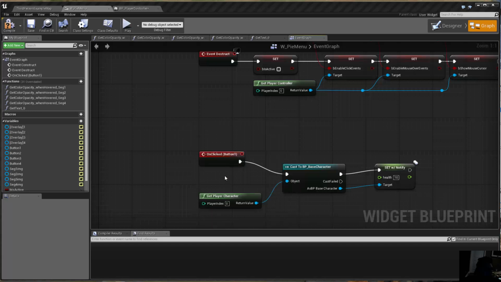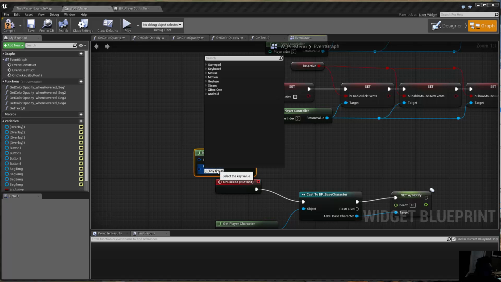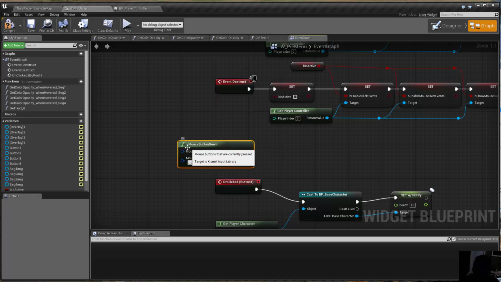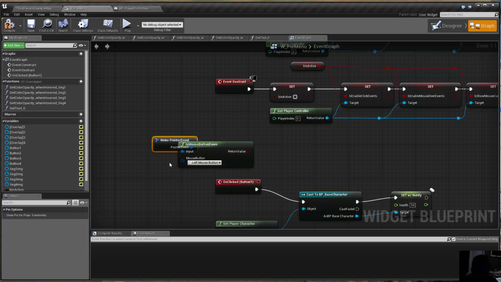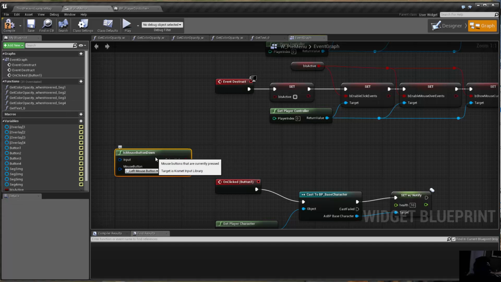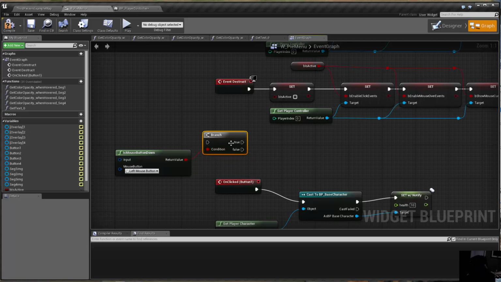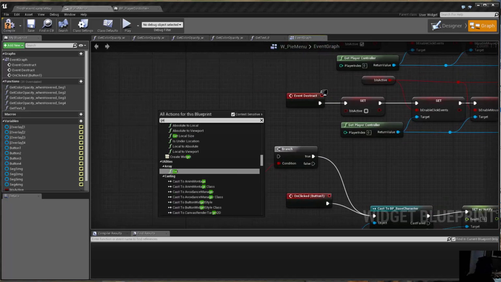Wrong button. You can check if it's what is it? Clicked. I can't even remember. Is user. They keep changing things. Mouse. Key is mouse button. Is mouse button down? Yeah, that pointer event. And then you can check for mouse left